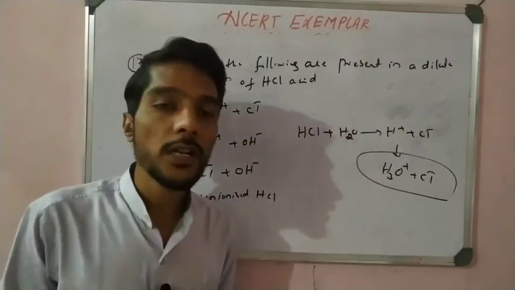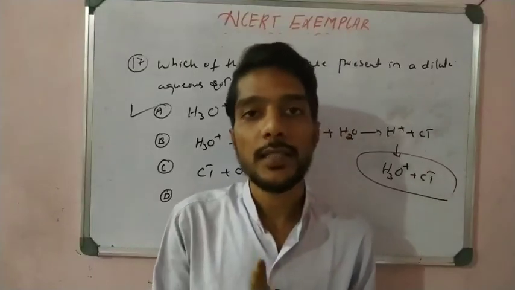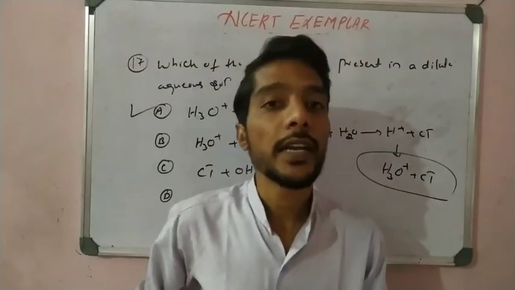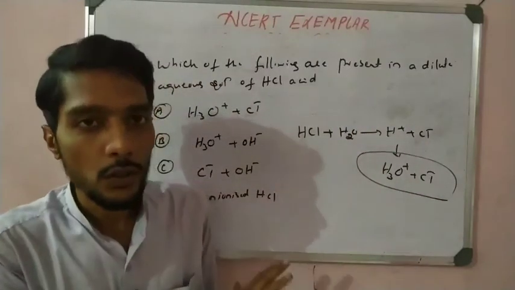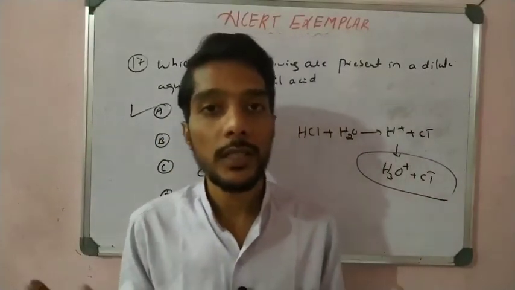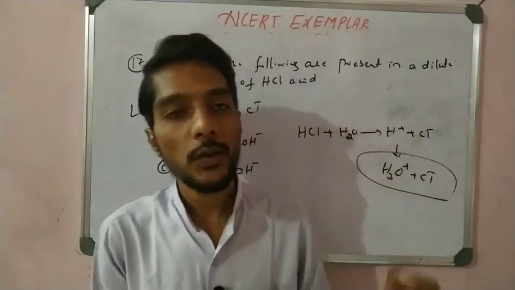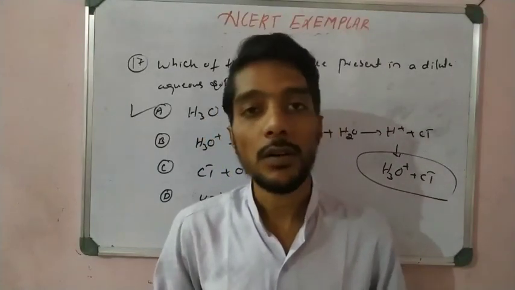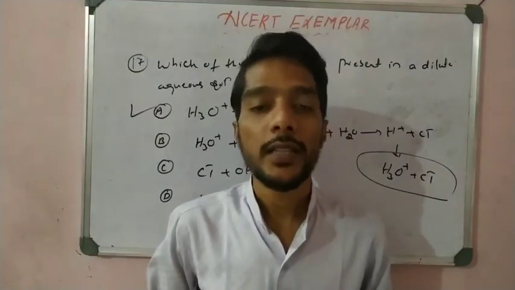So these are some very important MCQs from the NCERT Exemplar related to acids and bases that we collected and solved today. In the next video we take the next chemistry chapter of class 10, and for this video it is enough. These questions give you an idea of how to solve and discuss an MCQ in your mind. Please solve some more MCQs on this chapter to get a good grip on it. So meet in the next video with a new concept of class 10 chemistry. Okay, thank you so much.